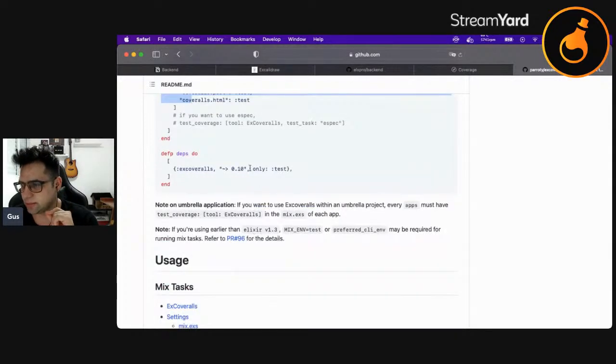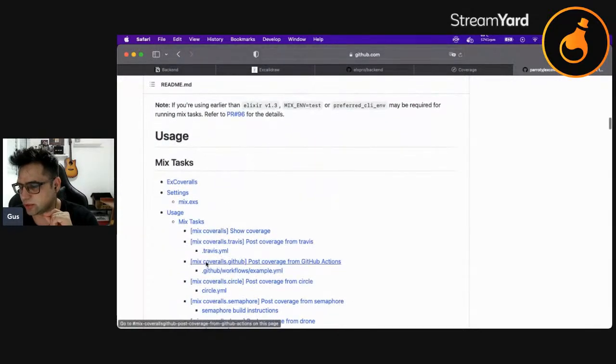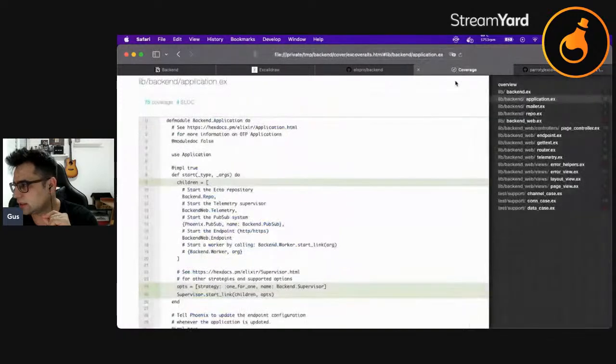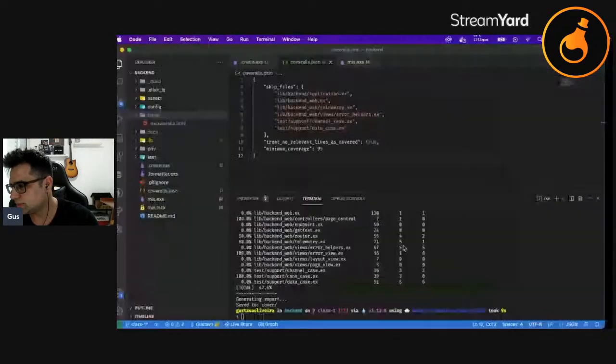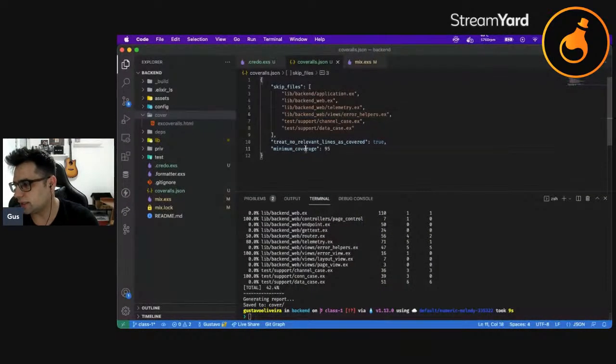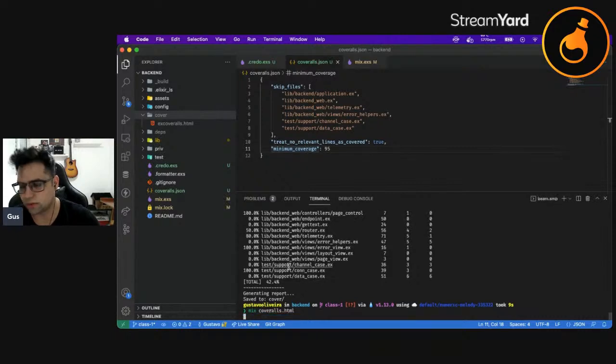And another thing that I recommend is that if you check our file, when I go back and roll back the code over here to coveralls.json and execute mix coveralls.html,